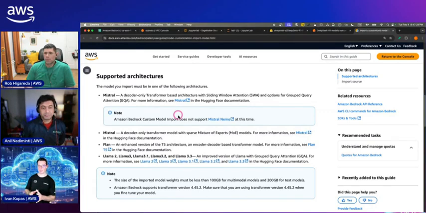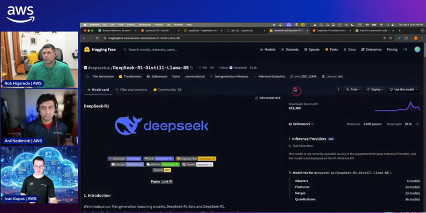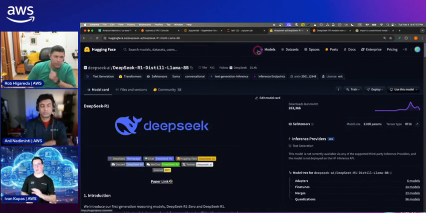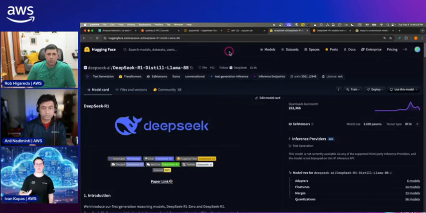Exactly. And unlike with SageMaker Service, where we used a particular Hugging Face model class, which during the deployment was dynamically pulling weights from Hugging Face, with the custom model import in Bedrock, you need to have weights available in S3. So I went ahead and cloned the repository that has the weights, and uploaded the weights into one of my S3 buckets so that I can instruct Bedrock to just import the model from there. So you have an extra step involved there. You can follow this process with SageMaker as well. In fact, it may even be desirable to load the weights into S3 first and then perform the deployment, because